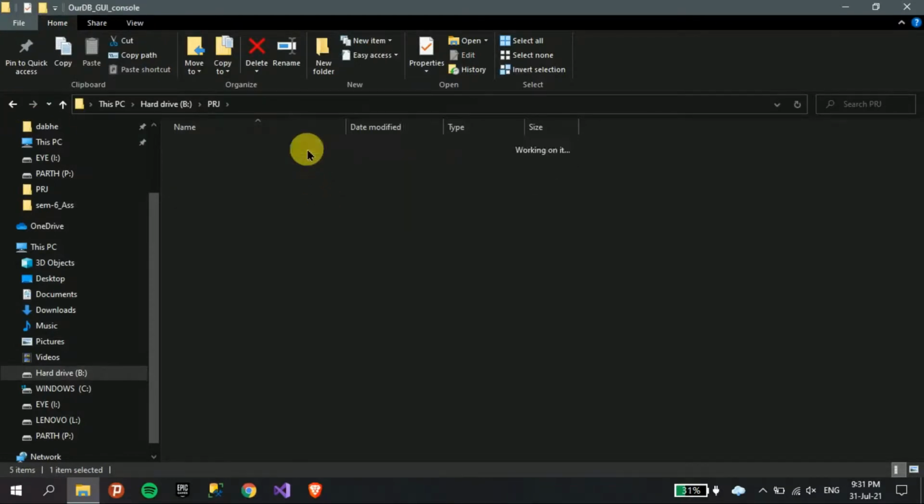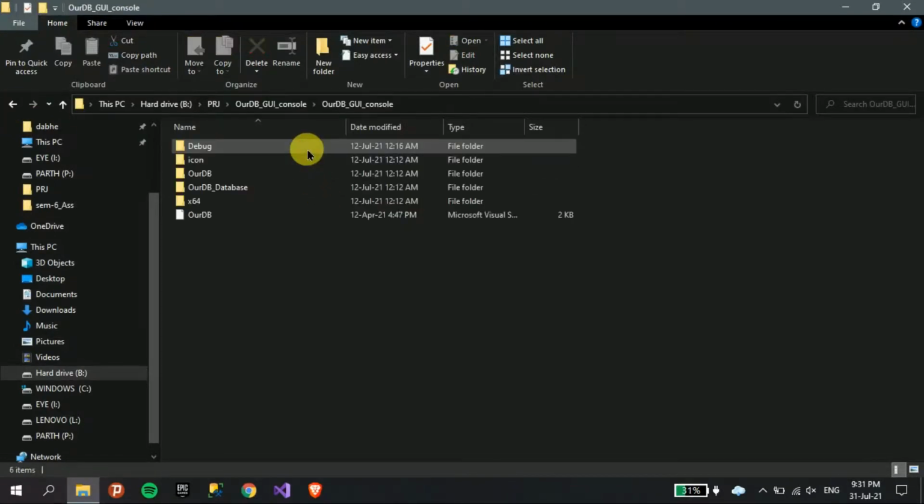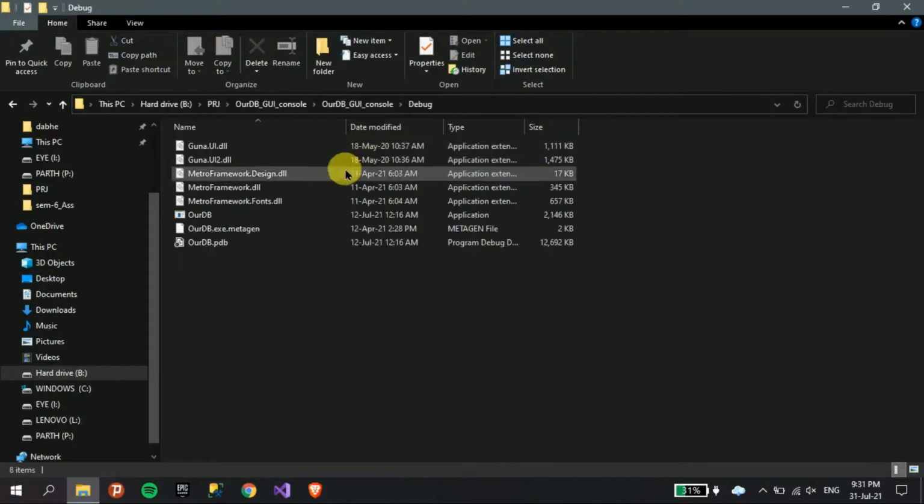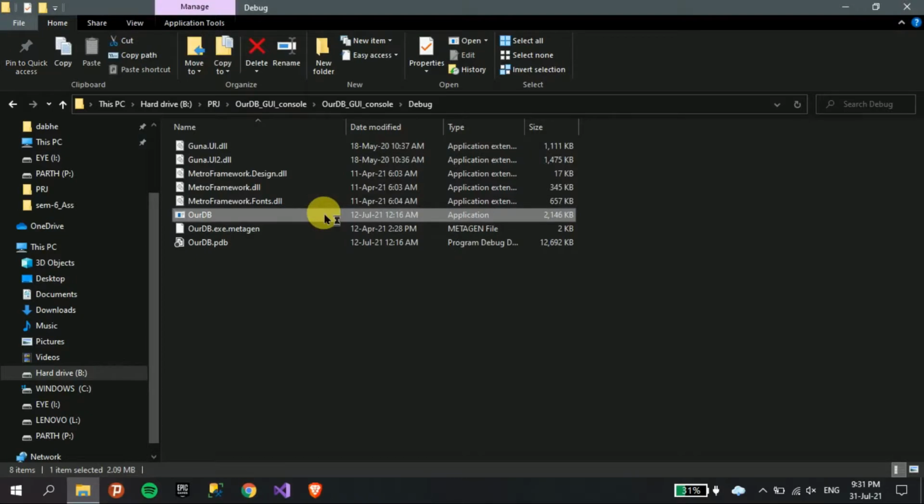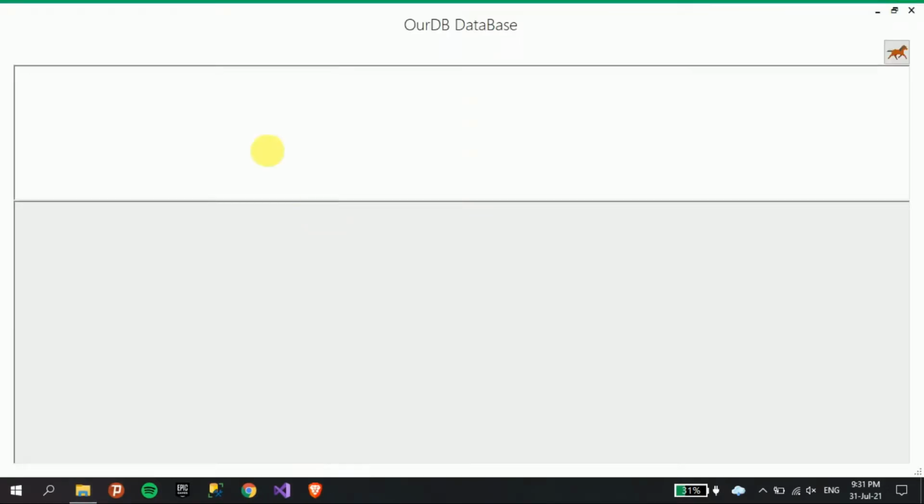our GUI console. Some might get tired of using the same console, so we have created a GUI console. It works the same as before. Create db mark.